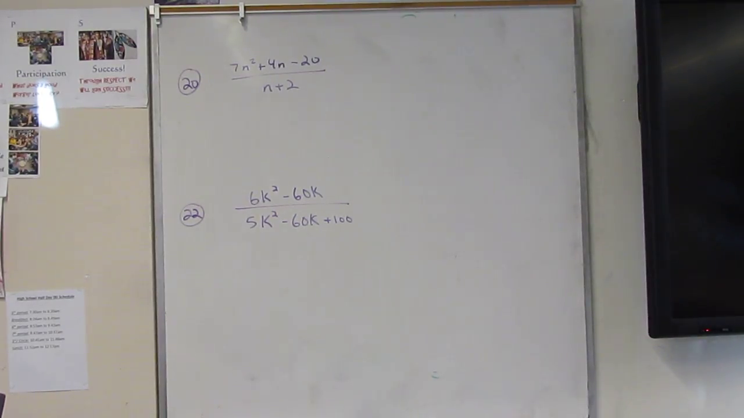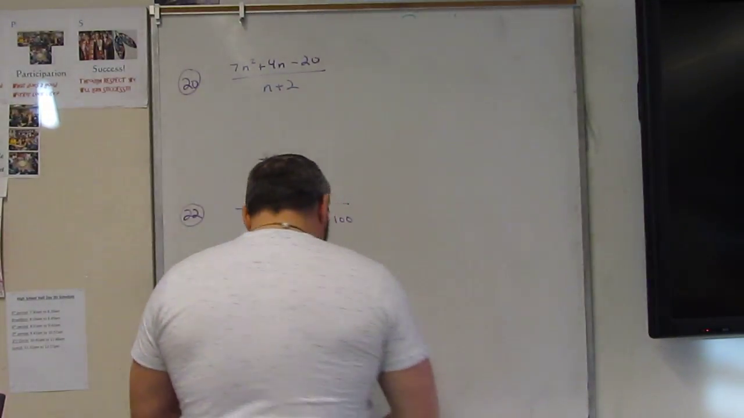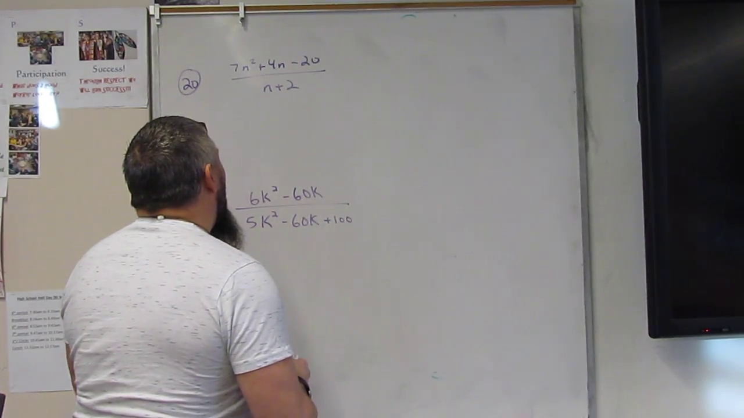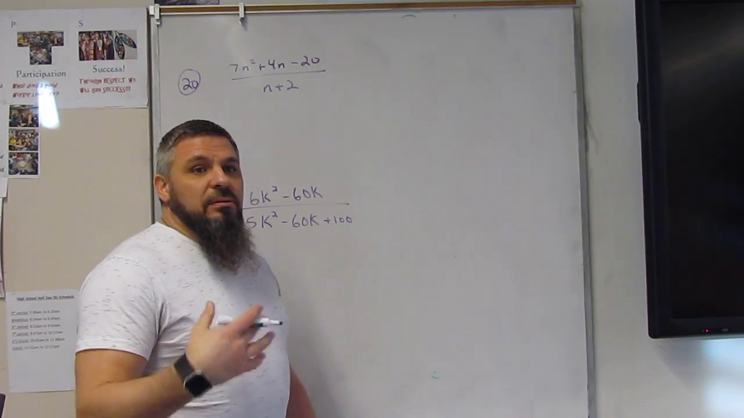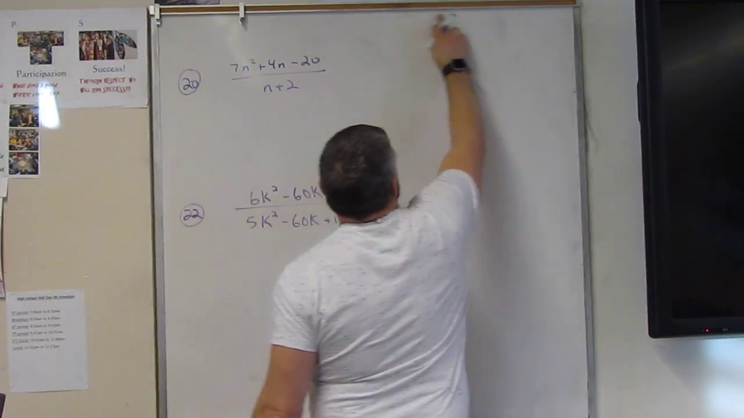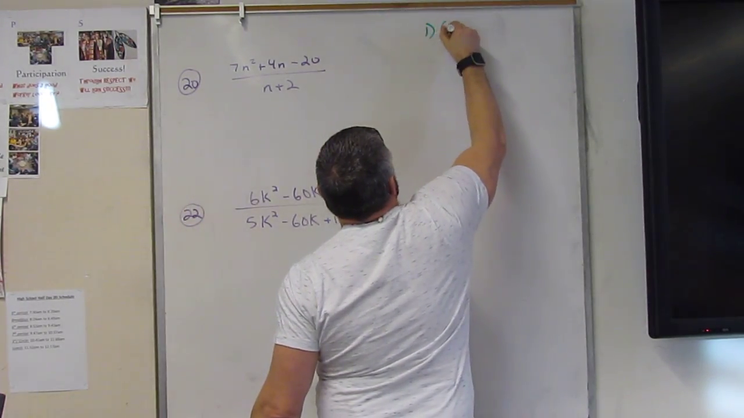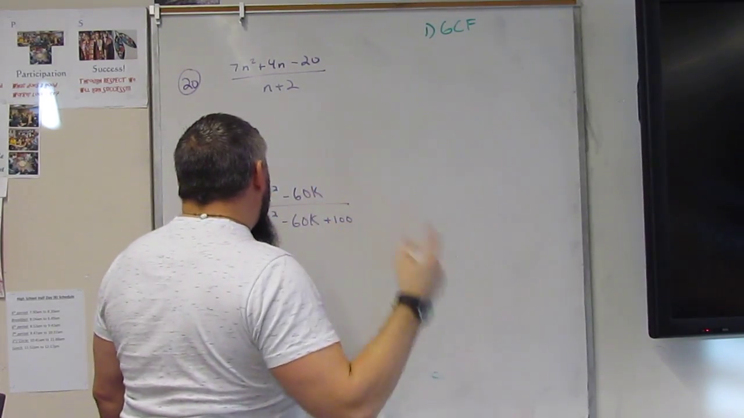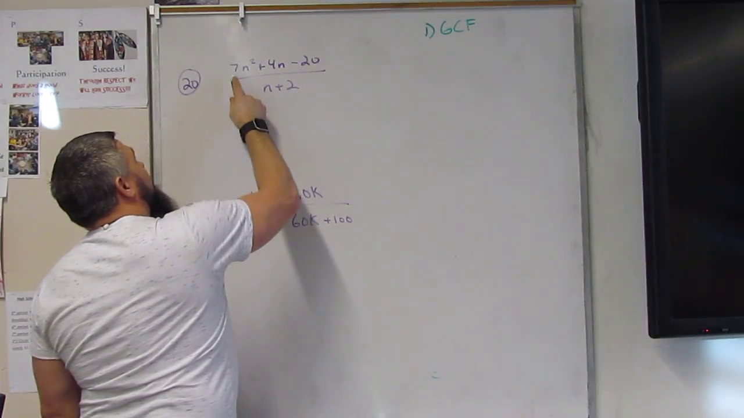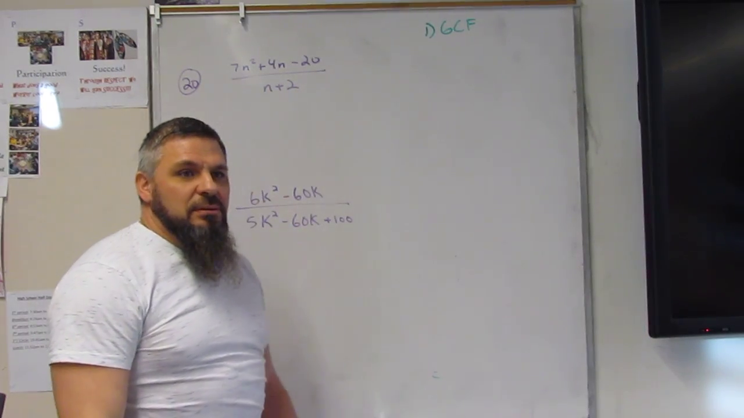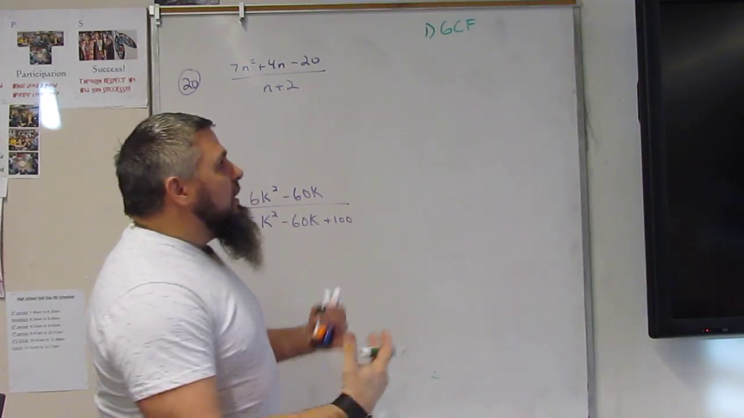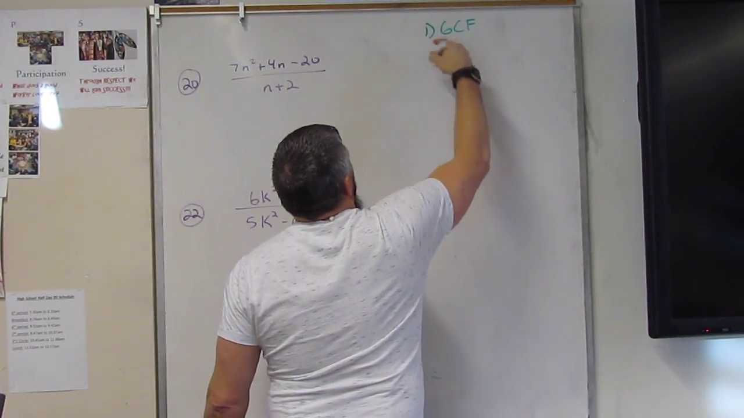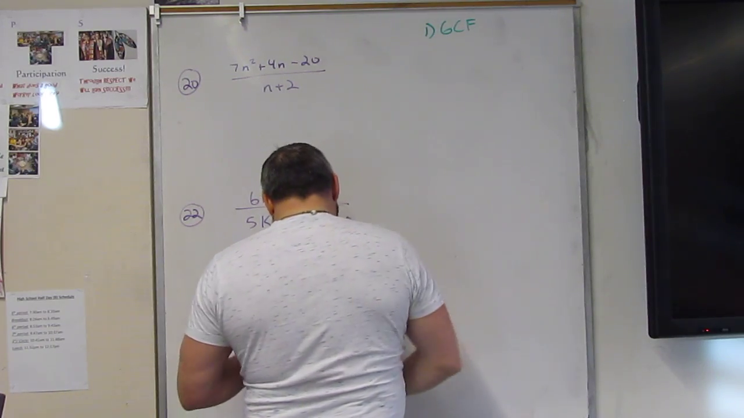Problem 20. I like this one. So we want to use the 5-step method, right? Yes. So first step is GCF. Greatest common factor. So I need to know what number goes into 7, 4, and 20. Nothing. 1, so yeah, nothing. So there's no GCF. So we move on to step 2,